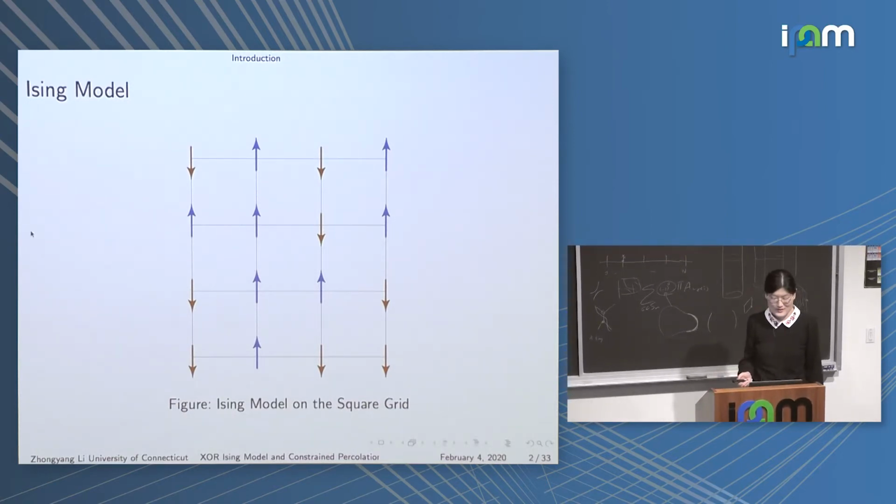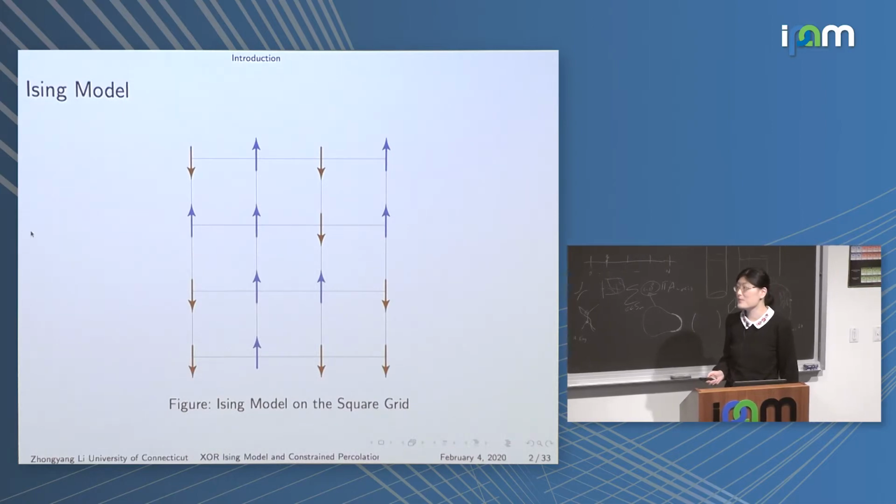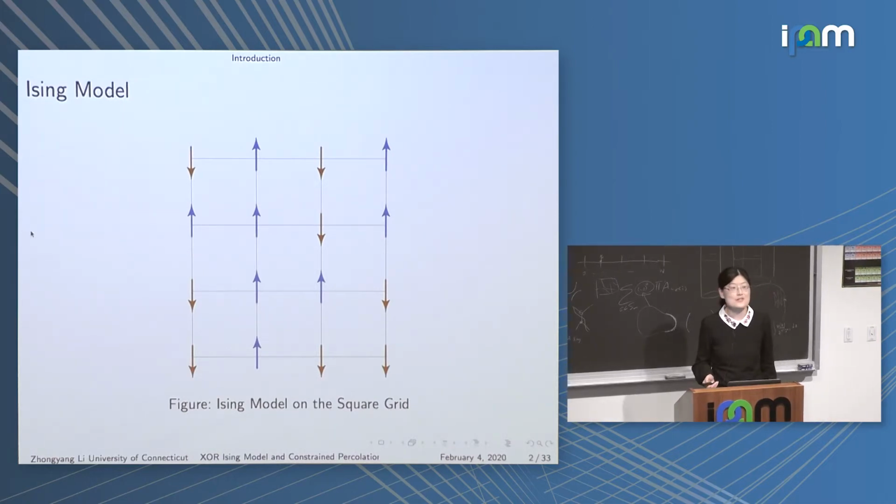Okay, and then this probability measure depends on a parameter, usually the temperature. As the graph becomes larger and larger, we are interested in the phase transition when we change the temperature, whether we can observe a phase transition or some critical behavior. I'm not going into the details of the phase transition of the Ising model, but what I'm going to talk